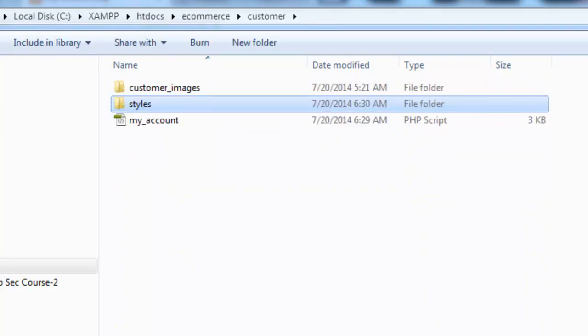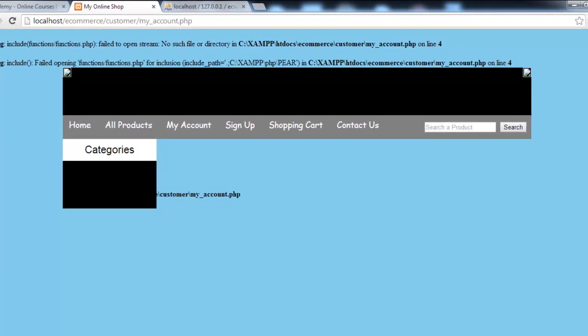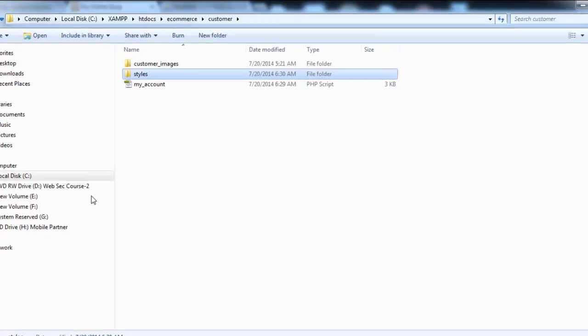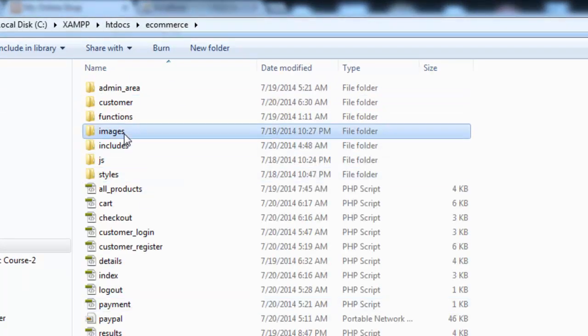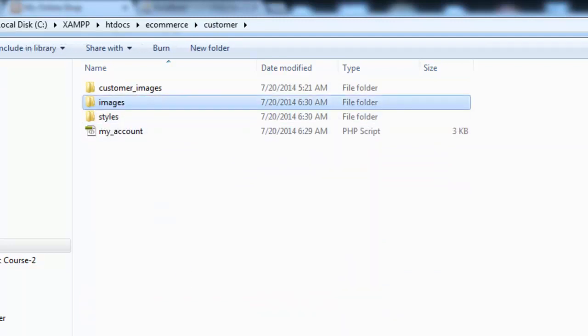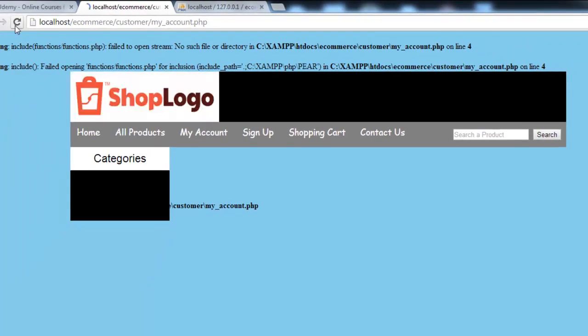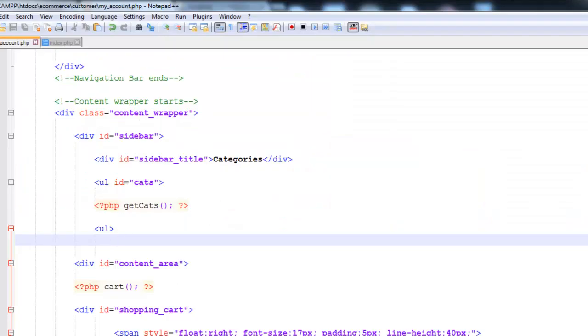So now when you refresh this page, you can see some design over here, but actually we need to also copy the images folder, the whole folder, and put it inside the customer folder. After that we can once again refresh the page. You can see the images as well, and the next thing is that